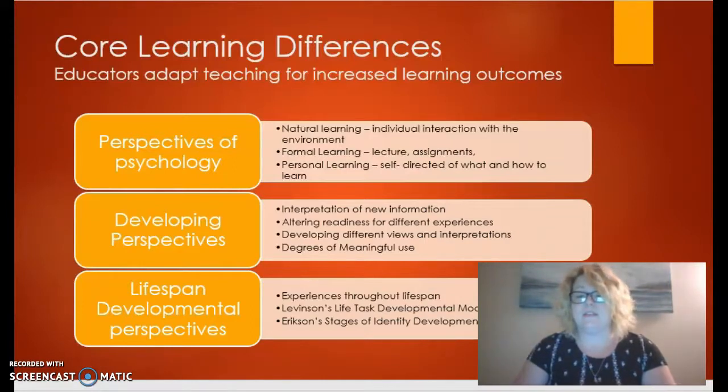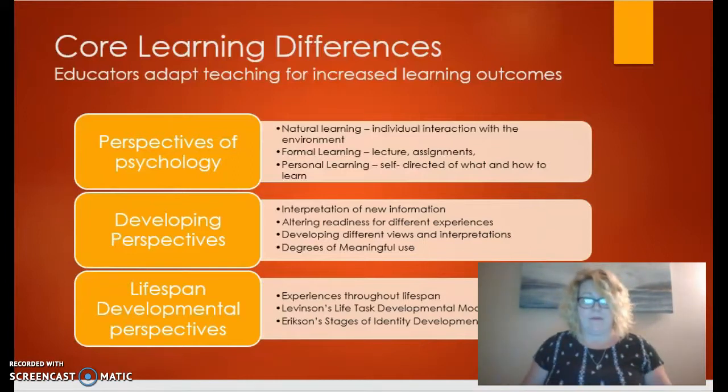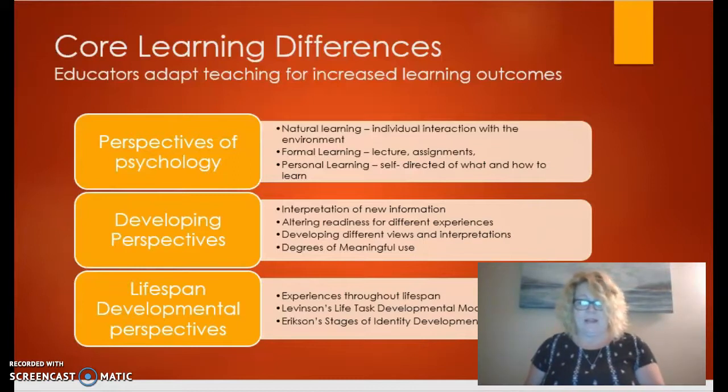Then we have Erikson's stages of identity, and as I was first a psychology major, that was something I related to. What stage are you at in learning? Are you at that stage where you want to put that in perspective, or is it just learning to get to the next thing? We have emotions that we have throughout our learning, and that's just part of actually learning there. And Erikson's